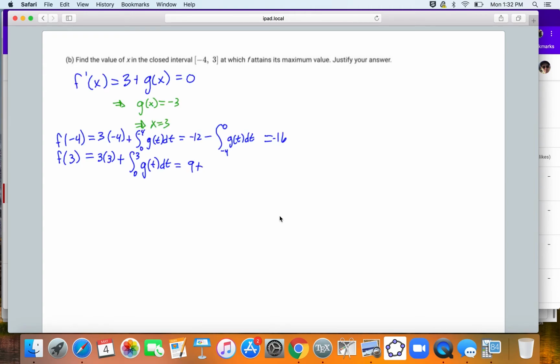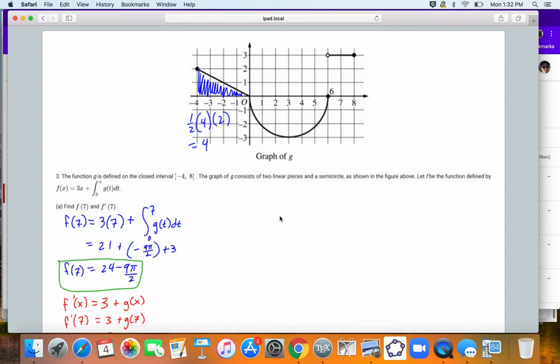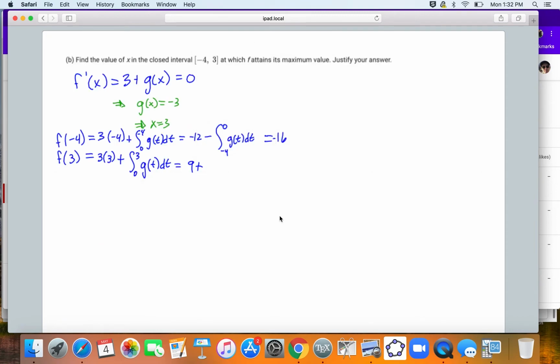Alright, so if this is 9 plus, let's go back to our, we're looking at this, which is a quarter circle, but remember that's negative area. It's below the x-axis, so it's going to be pi times 3 squared over 4, and it's going to be negative, so it's going to be negative 9 pi over 4. So 9 plus negative 9 pi over 4, or 9 minus